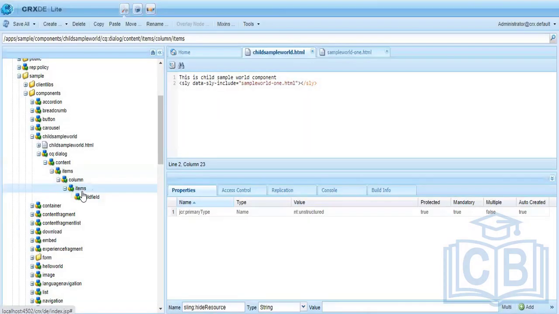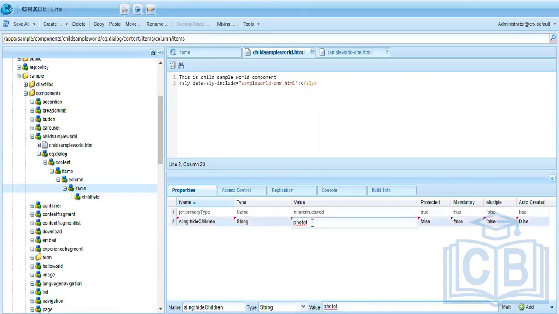What we can do is inside the items only we can add sling hide children, and here it will be a string array, and I can say whatever the name of the field was, it was not photo. Okay, so inside the items I said sling colon hide children,